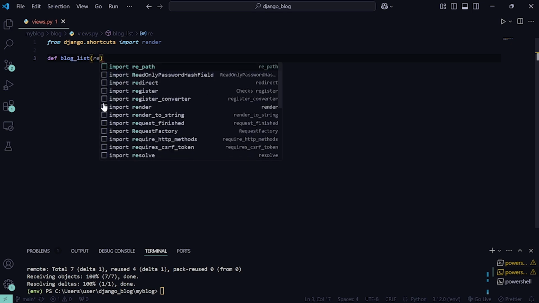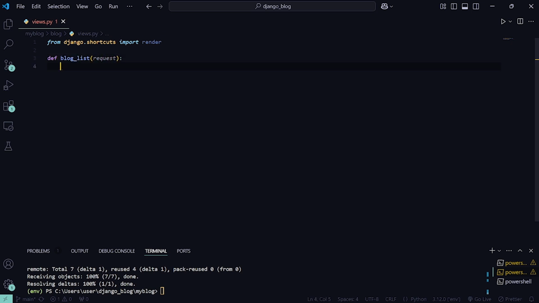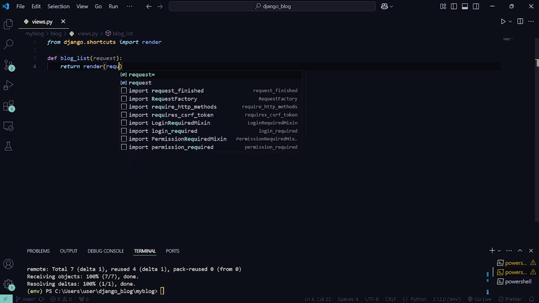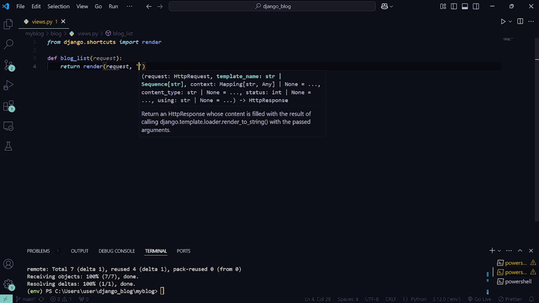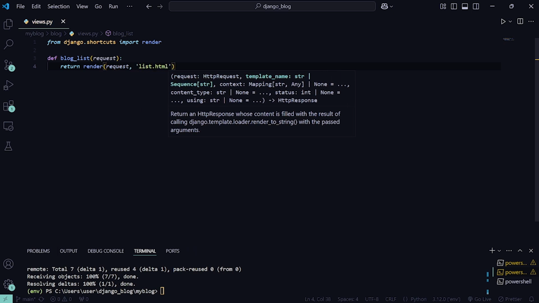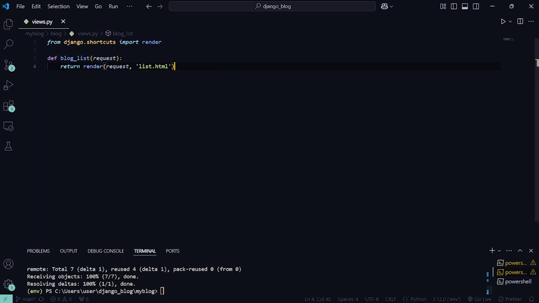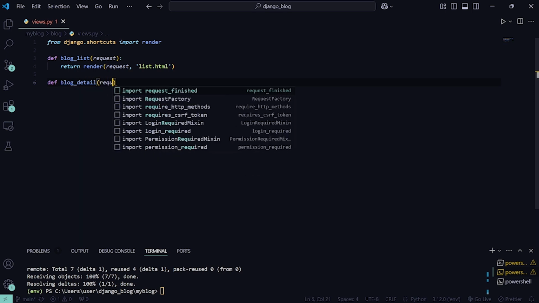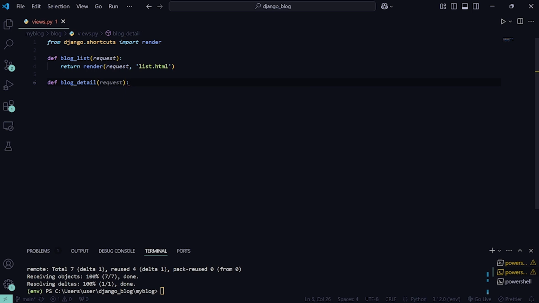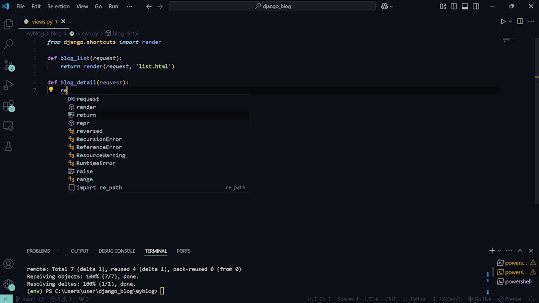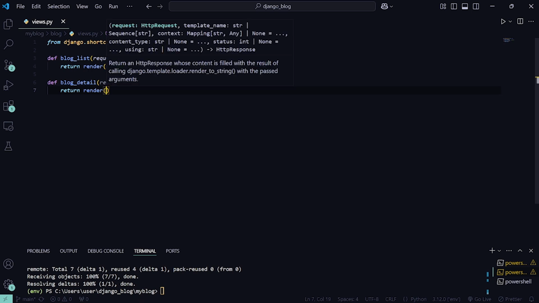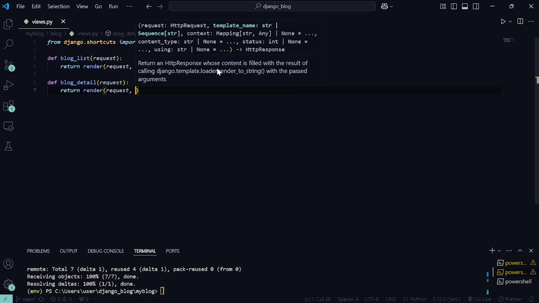It's going to take a request, then I'm going to return render request and list.html, the list.html here. After that, I'm going to define another function, blog_detail, and it's also going to take a request, just like how we define our functions in Django. Then return render request,